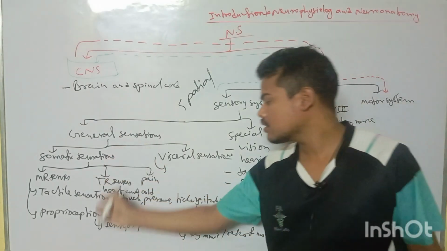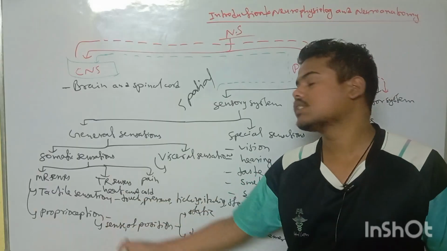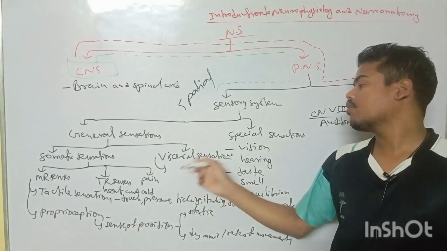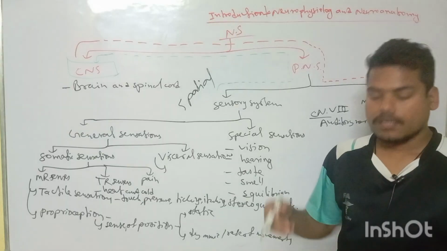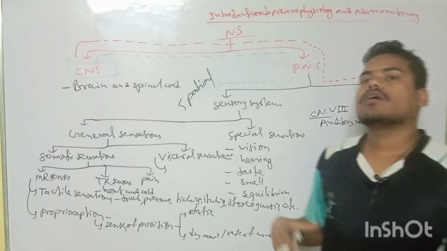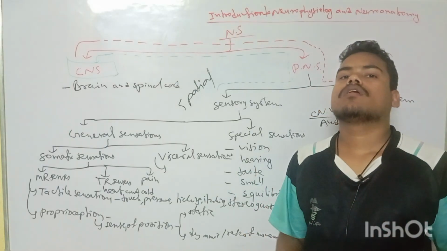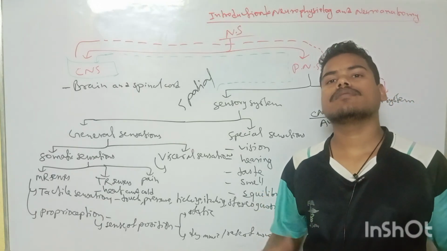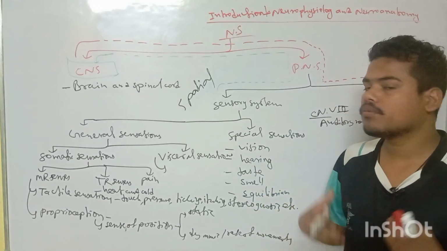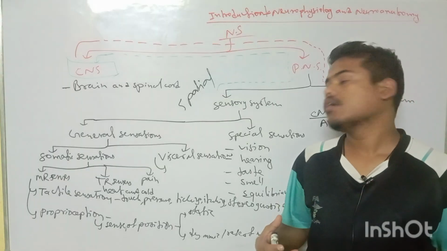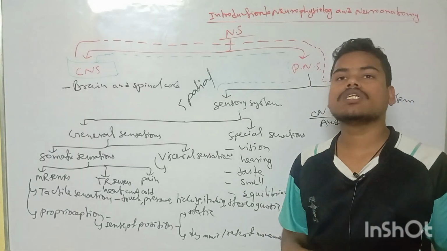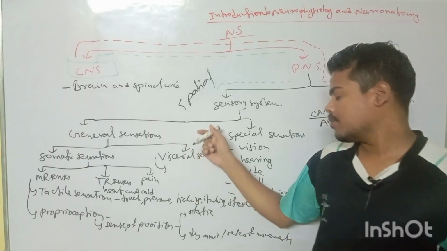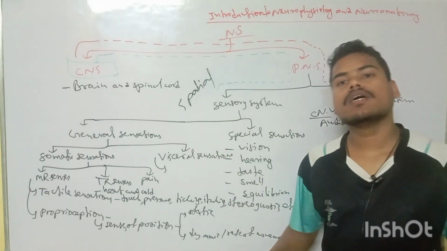Like in somatic sensation, we are aware of these sensations, but with visceral sensations, most of the time we are not aware of them. There is continuously movement occurring in the GI tract, peristalsis, secretion, digestion, absorption, etc. The liver is functioning, the kidney is functioning, the heart is functioning. At normal physiological condition, we do not feel these sensations,